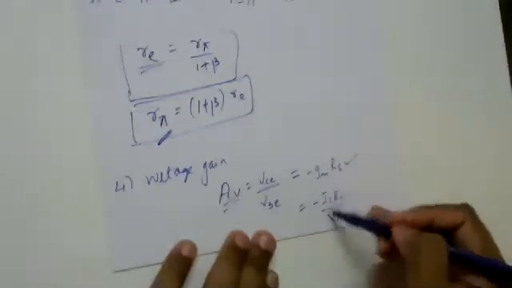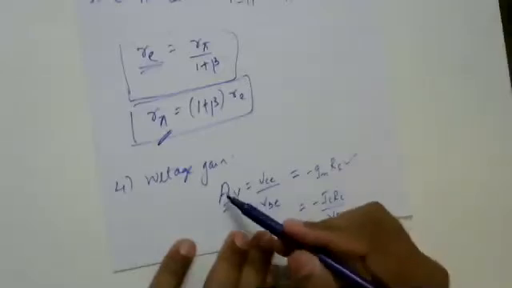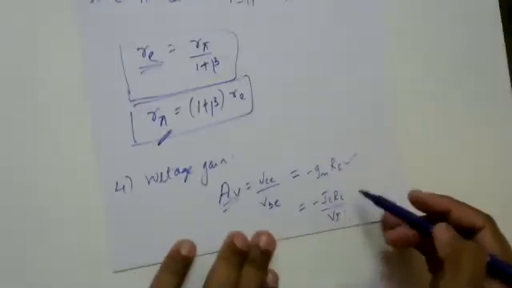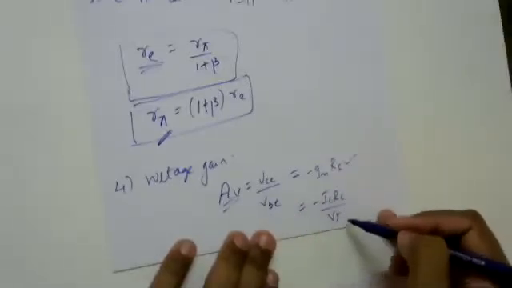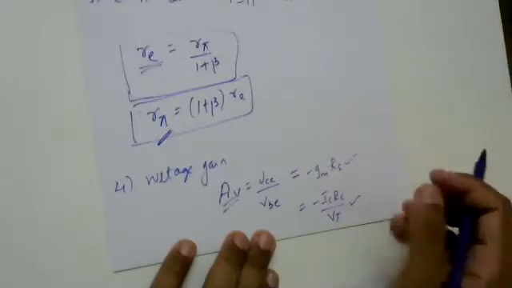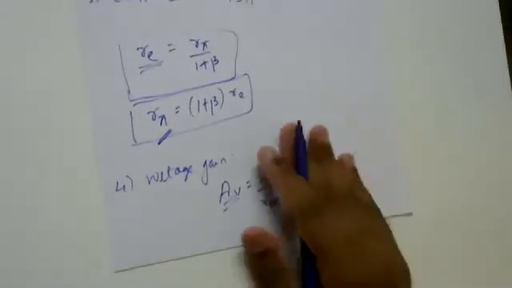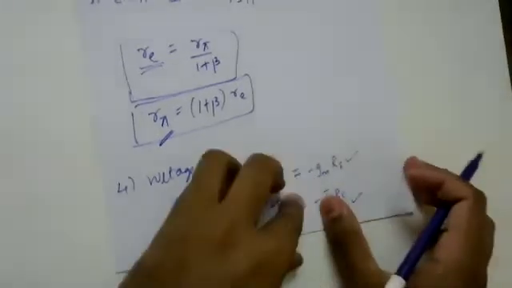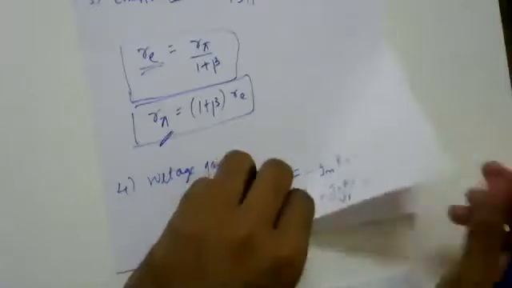But if you know the circuit parameters, then you should be able to use the equation for voltage gain as minus ICRC divided by the Vt. Okay, so we'll solve some numericals on these equations in order to get some good confidence on the circuit. Okay, so now what is that?